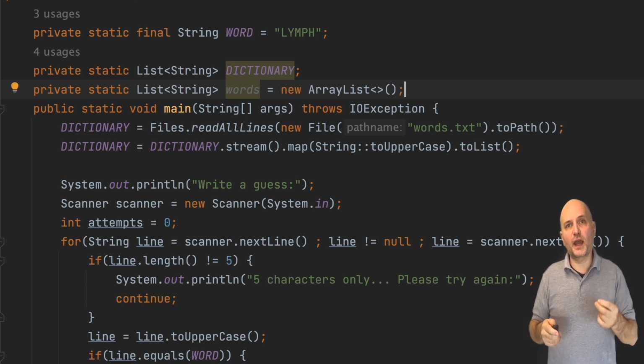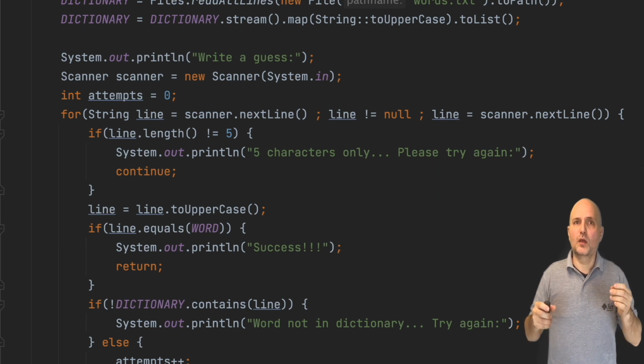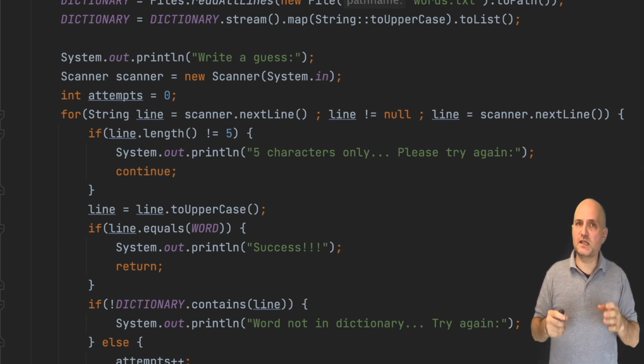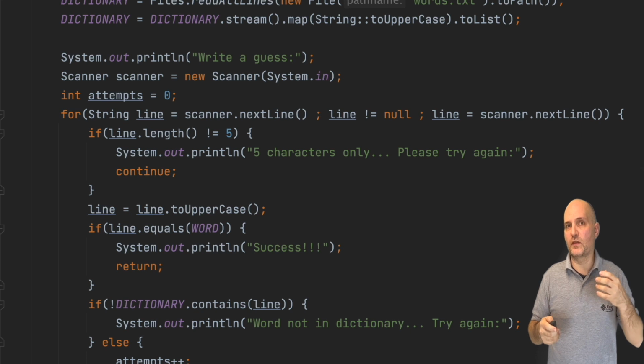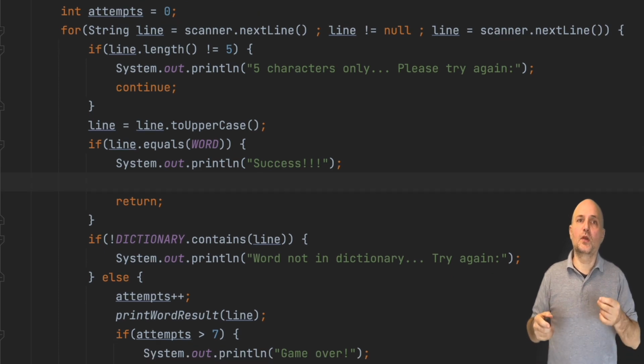Now we need to add the word in the methods. Specifically, the successful word, which we can then use to determine if the user guessed correctly in this day. We type in the name of the words list and add the current line matching the given word.